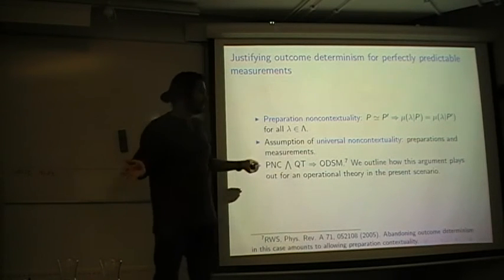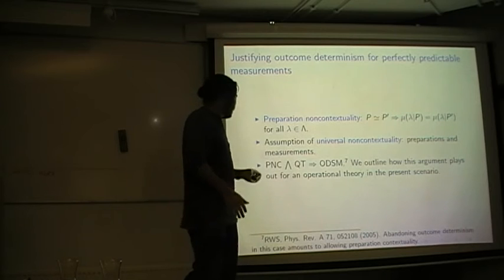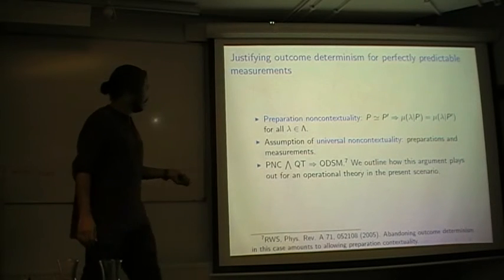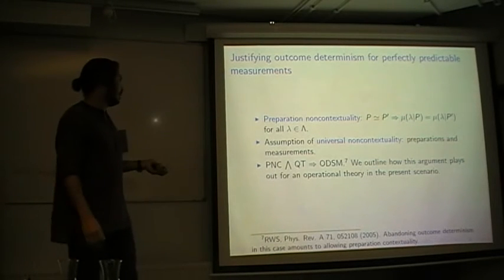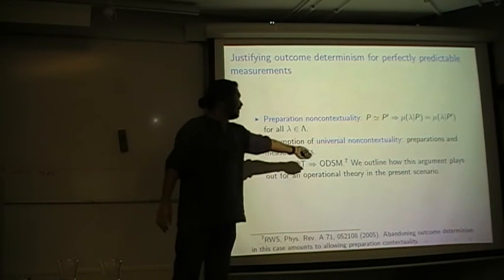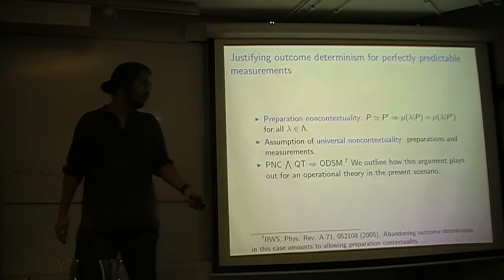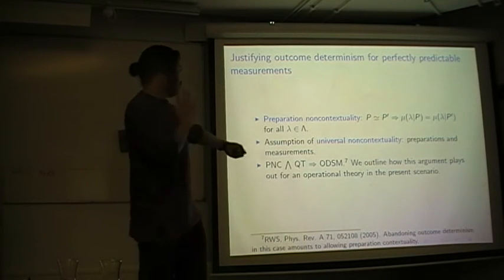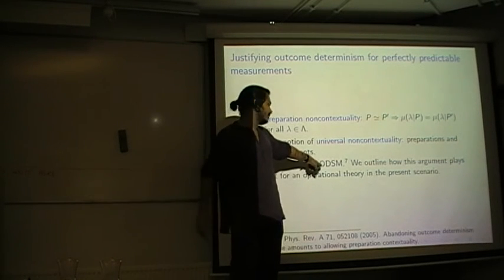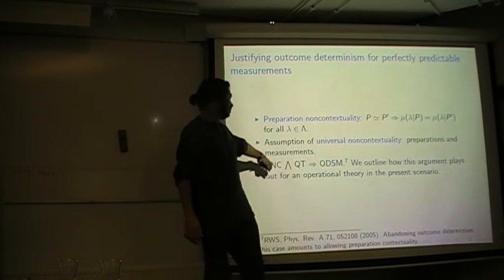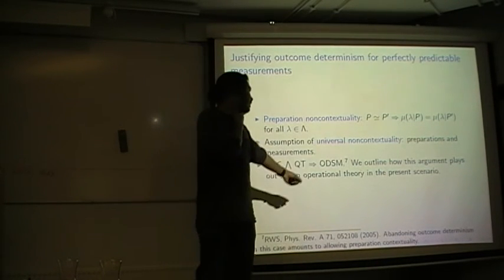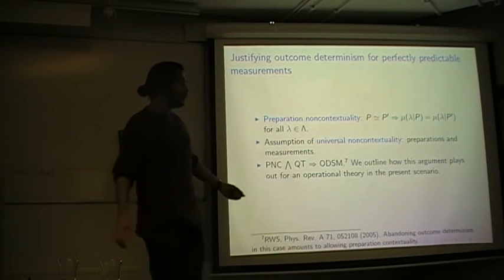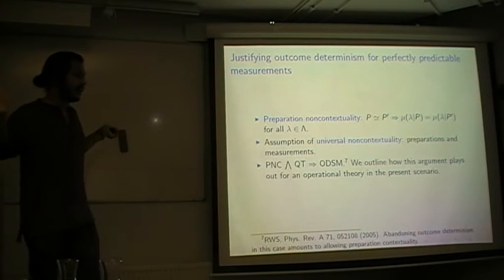So the assumption of universal non-contextuality is both of them together. In quantum theory, we know that preparation non-contextuality and facts about quantum theory imply outcome determinism for sharp measurements. This was proven in this 2005 paper. In fact, that means that if you relax the outcome determinism assumption, it's preparation non-contextuality that fails for quantum theory. So now we outline how this argument plays out in the general 18-ray case, where we're not